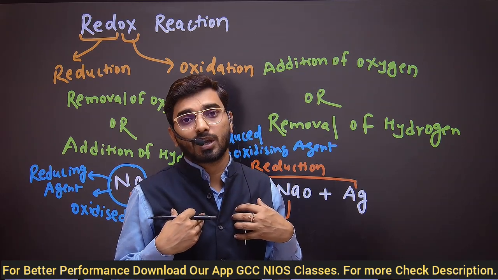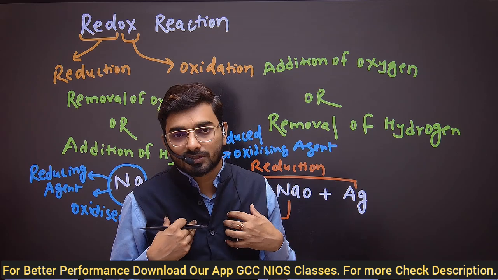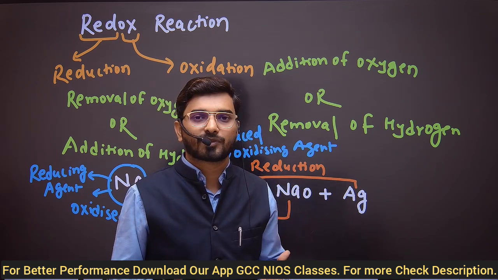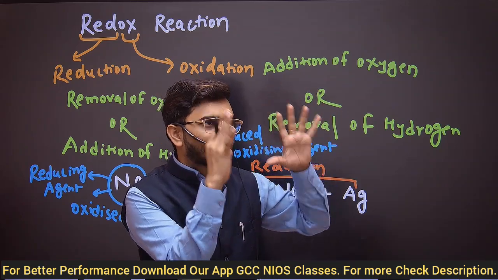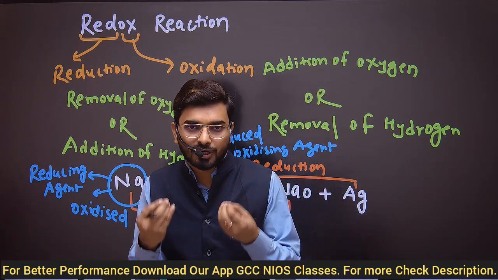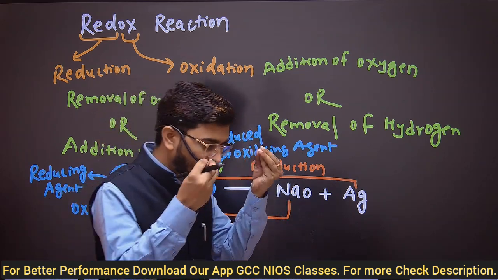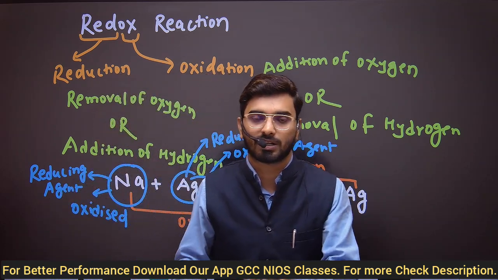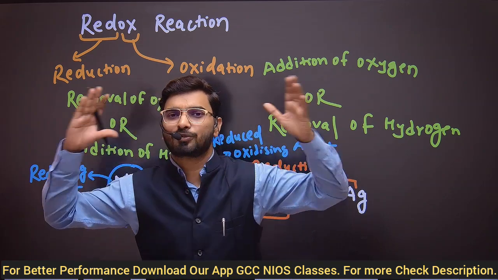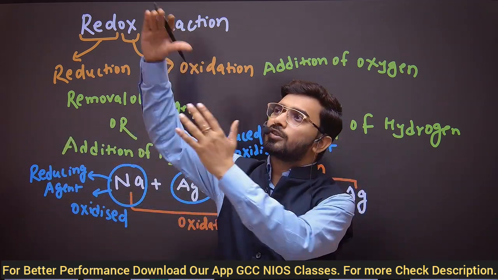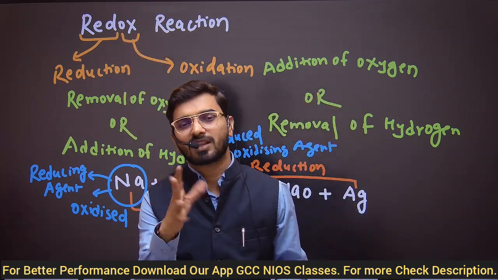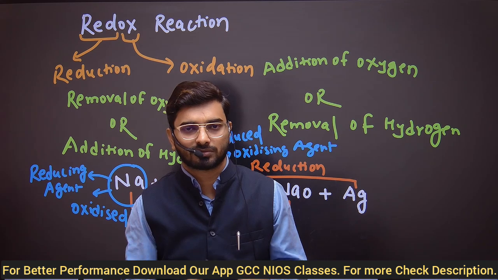We want to score 90%. So how is it possible without knowing concepts, without knowing basics? When you study electrochemistry, chemical kinetics, chemical bonding or any other chapter, if you don't know electronic configuration, molecular masses, chemical reactions, how to balance chemical reactions, or the reactivity series, these are blanks in your mind. And then however much you study all the concepts, you will get nothing. You will get 0.